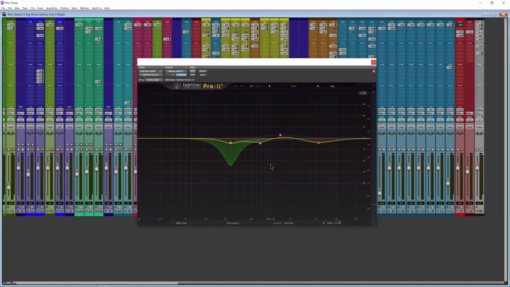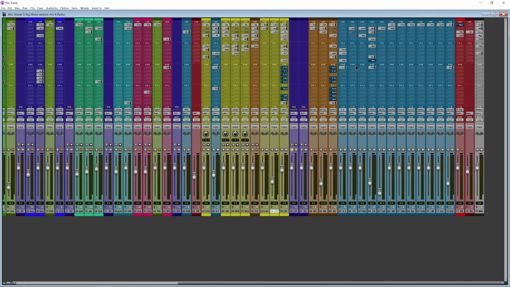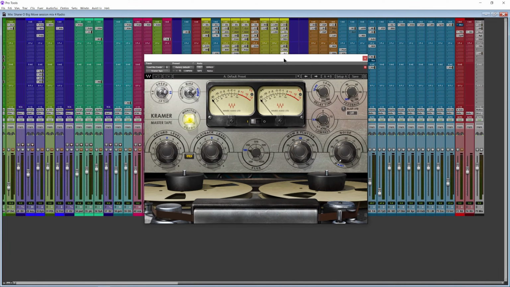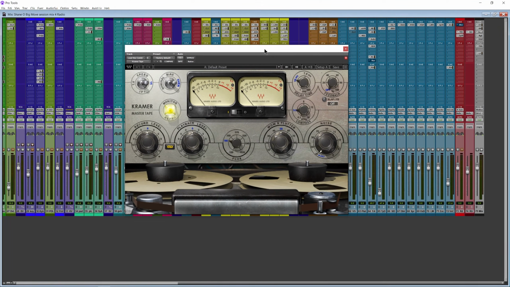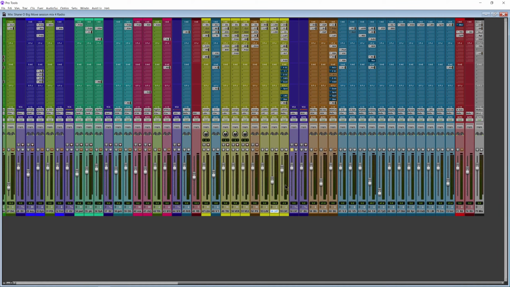So the boxy frequency here starts to jump out again. So I had to deal with that in a specific manner. And you may be asking why I did not use a compressor at the end of the chain. However, this tape plugin is already doing some form of compression. So I didn't want to over compress it in any way, shape or form. And on the mix bus also, I have compressors that are gluing the tracks together, so I didn't want to over compress a lot of stuff. So I'm going to play part of the chorus of the song, so you can hear how it actually sounded on the track.